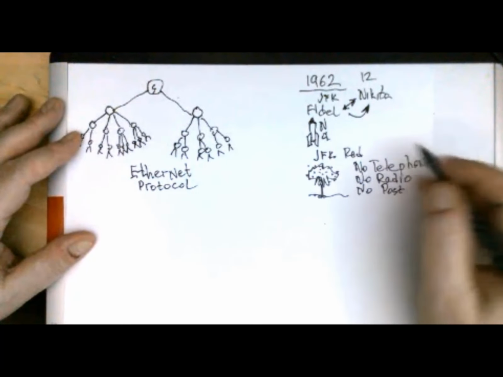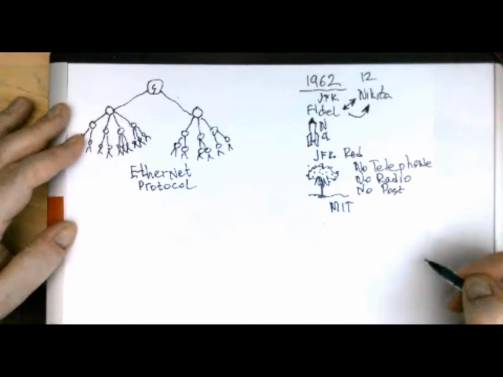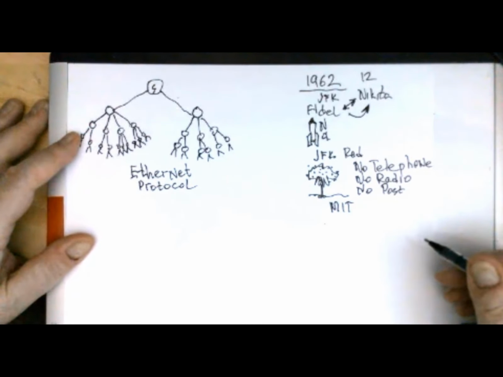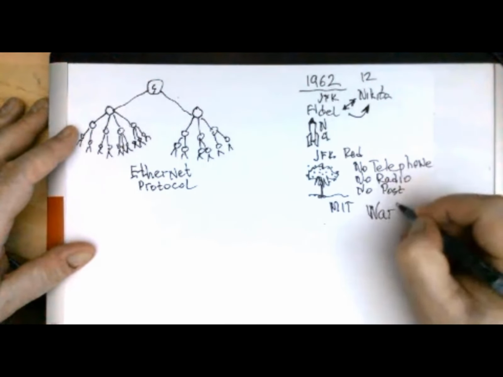And then one guy from Massachusetts, from MIT, stood up and said, Mr. President, I know how to communicate. And when JFK asked him, he said, that must be a computer network. That must be a computer network, guys, which actually can survive during nuclear warfare.